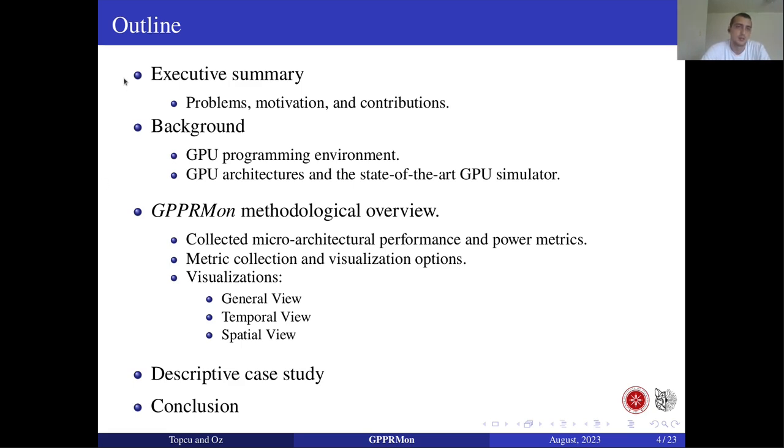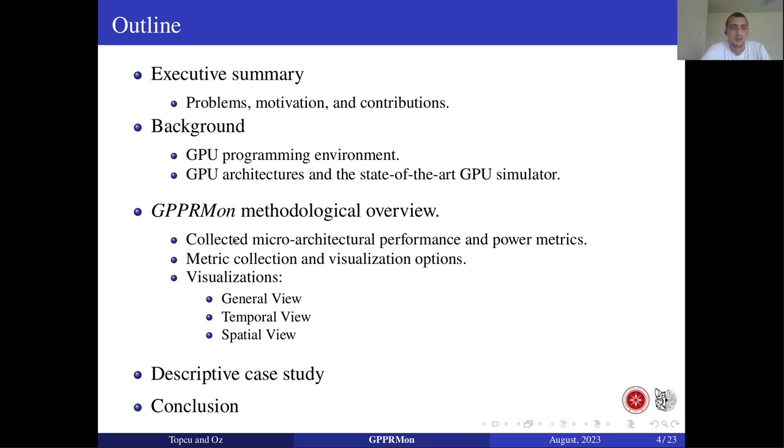Here is my outline. I will begin with an executive summary. In the executive summary, I will mention the literature problems, our motivations and contributions. Then I will continue with the background section. In the background section, I will provide some brief information related to the GPU programming environment, GPU architectures, and state-of-the-art GPU simulators. Then I will introduce the methodological background of GPPRMon,